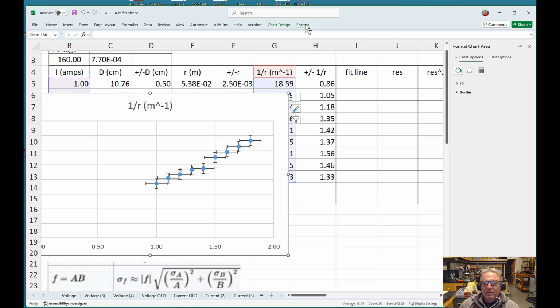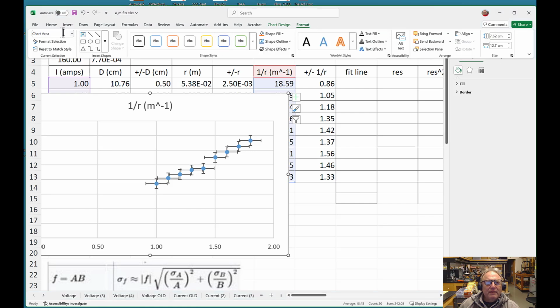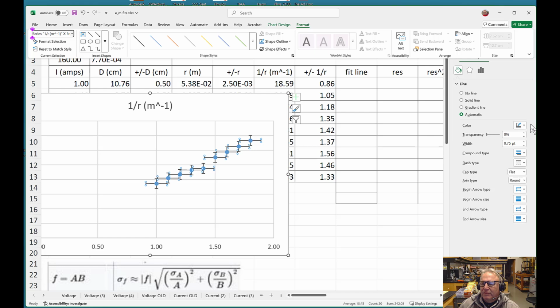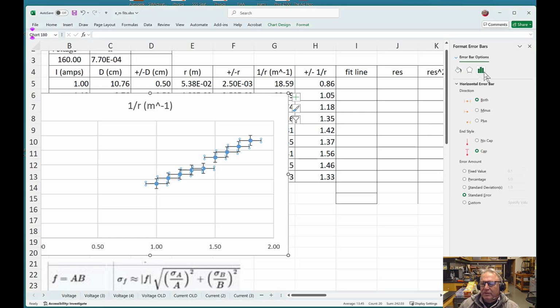And I suppose we have to act like we have a Macintosh, because this is true for Macs and PCs, so do it this way. Bar chart here, and the x error bars are 0, because that's the independent variable. Okay, and then we want to format